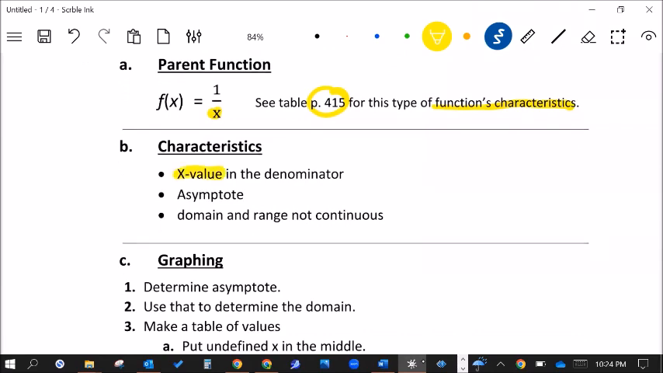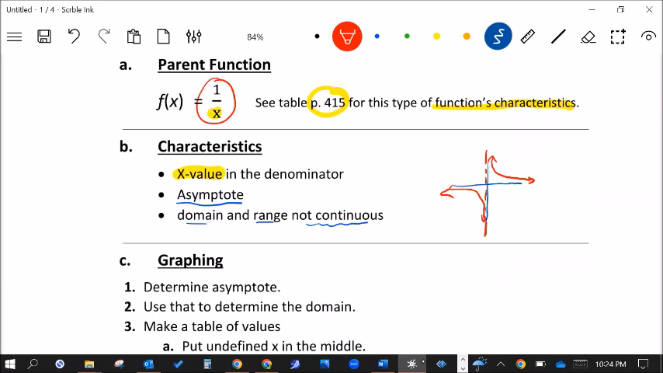There's x values in the denominator. There is an asymptote, which the graph cannot connect to or go over. And then the domain and range are not continuous because they stop. For instance, here's the basic parent function graph of this, like so. And so when you have an x in the denominator like this, it's going to graph like this because this